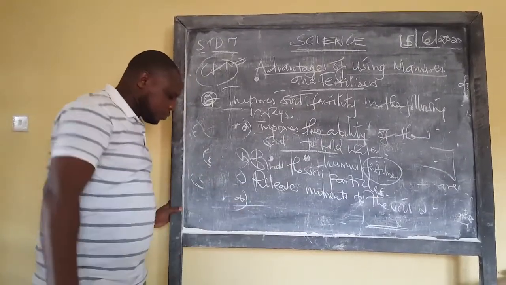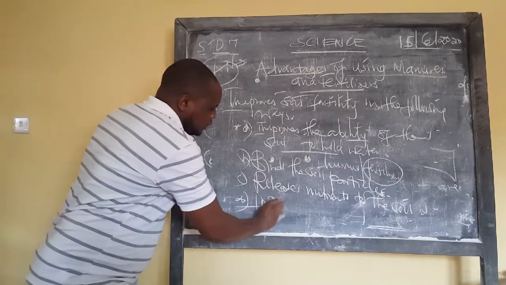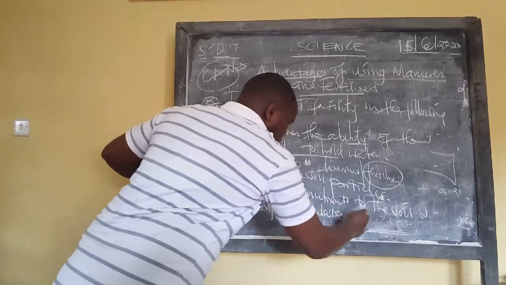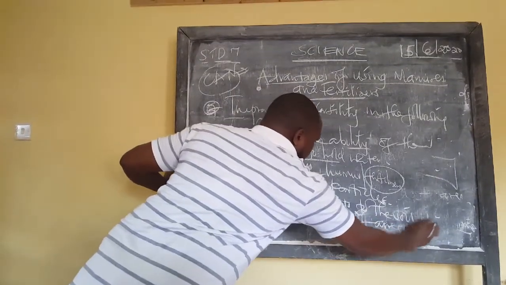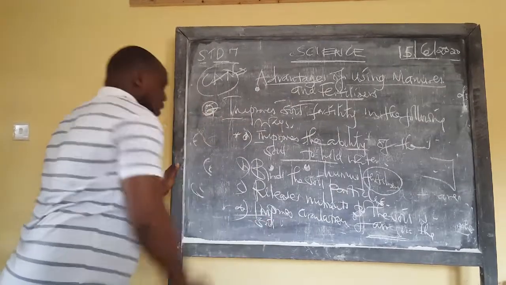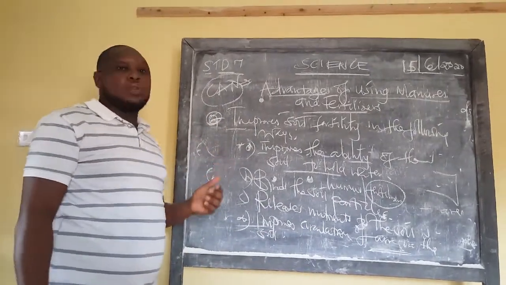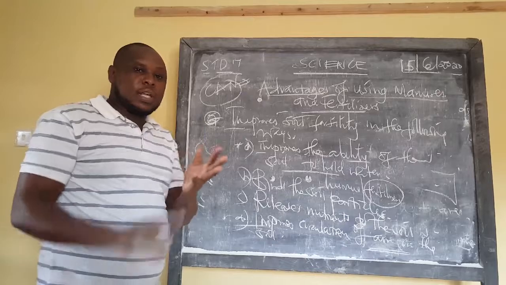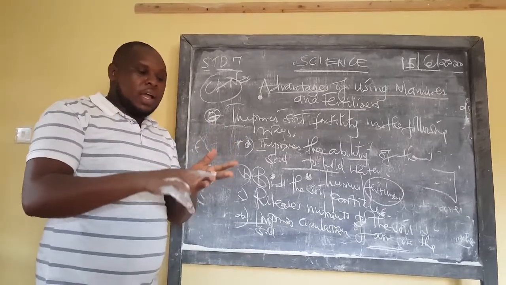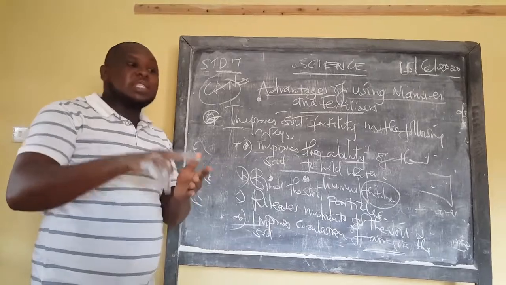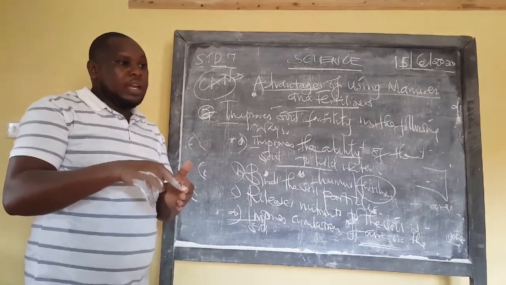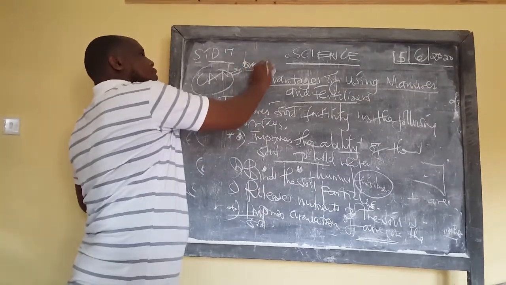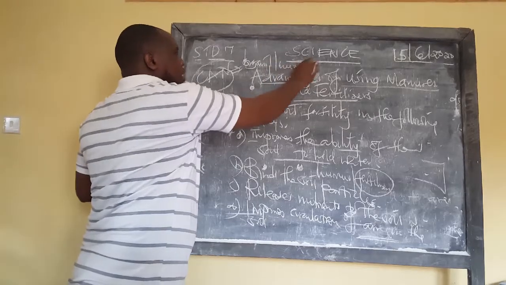Then the last one, Lana, improves circulation of air in the soil. Lana, remember what we talked about in class 4, the components of soil. What soil contains? Soil contains 5 things. Soil contains water, contains air, it contains mineral particles, it contains living things, small animals, and it contains organic matter, which is humus. So that part, organic matter or humus, this one supports